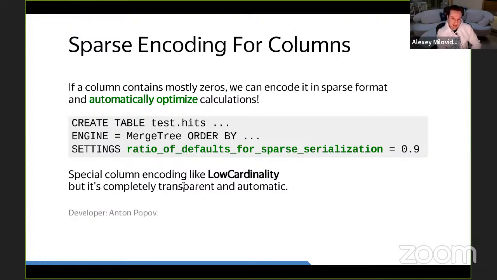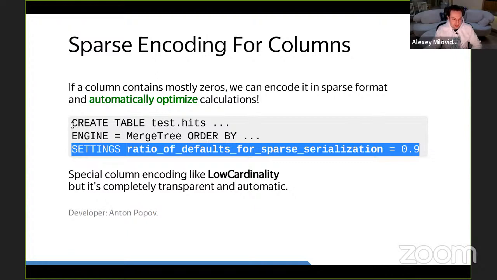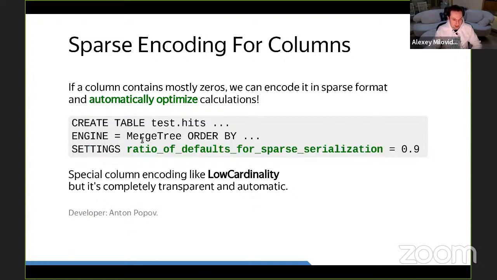We can run our functions directly on compressed data, and we don't have to recalculate the function again and again on top of just zero value. To enable this feature, you have to specify this setting in the creation of a merge tree table. It is somewhat similar to the low cardinality data type, but it works completely transparently and automatically.